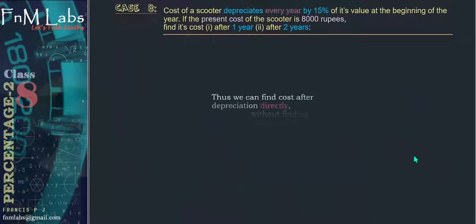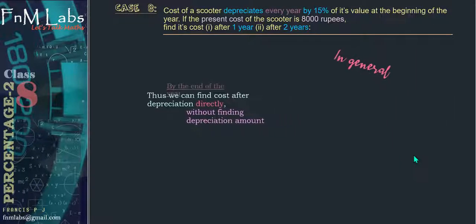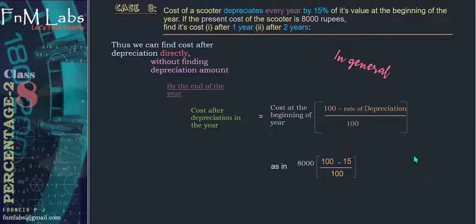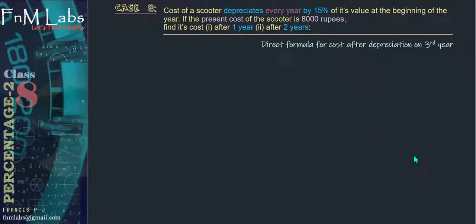Thus, we can find cost after depreciation directly without finding depreciation amount. So in general, by the end of the year, cost after depreciation in the year is same as cost at the beginning of year times 100 minus rate of depreciation divided by 100. So we found it in the previous example as 8,000 times 100 minus 15 by 100, which gives the depreciated amount. So now we think, can we devise a direct formula for cost of the scooter after depreciation on third